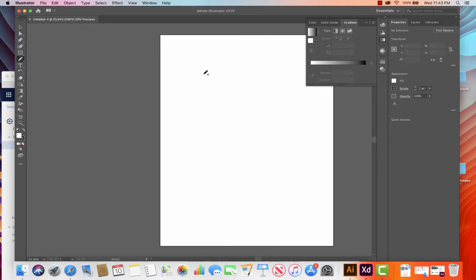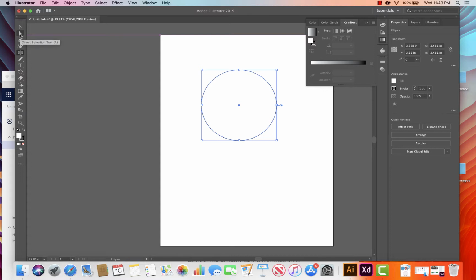Hello everybody, so I'm going to make a quick video on how to do the balloons. First thing you need to do is you need to have an ellipse. So I'm going to hold my shift key on this and create my ellipse. For the assignment you can't have it as a perfect circle, so what we're going to do is we're going